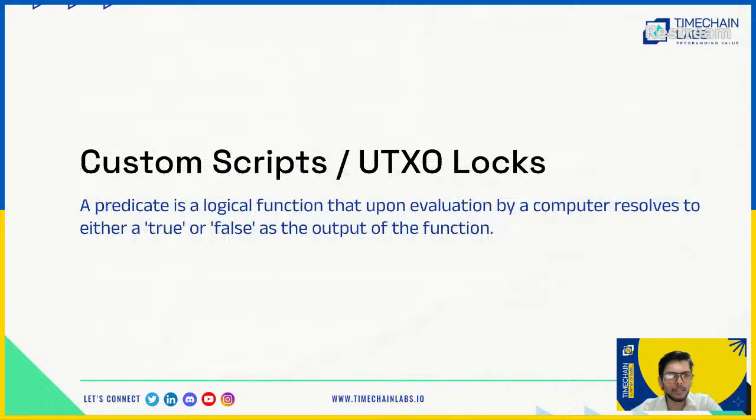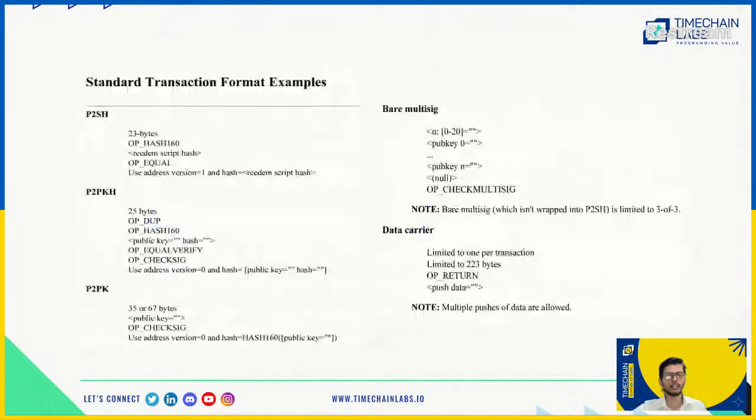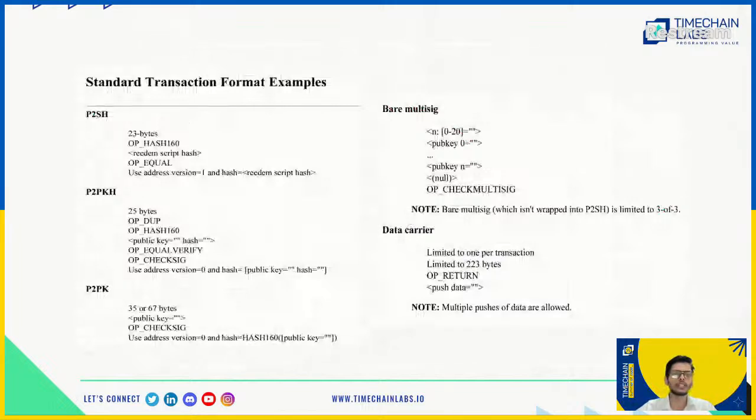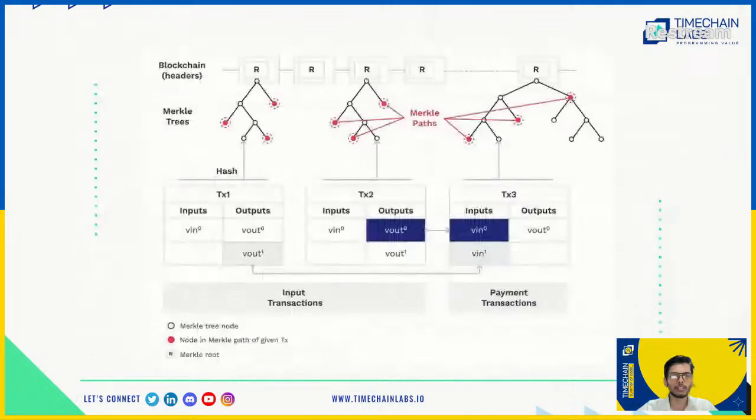The custom script is the most important thing you need to understand, and this diagram is also very important. If you have understood this and how the proof of work algorithm works, you would have understood the core of blockchain, how it prevents spam, and how the blockchain converges to a single longest chain by having the difficulty. We will have future discussion sessions where we compare it with other blockchains, how the incentive system changes quite a lot, and there are a lot of misconceptions in the ecosystem about what the blockchain is supposed to do.